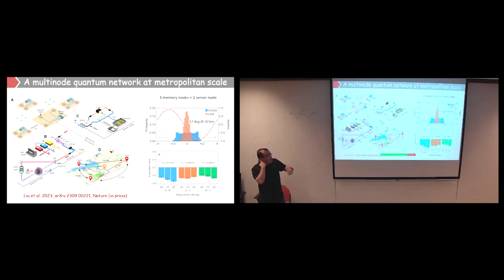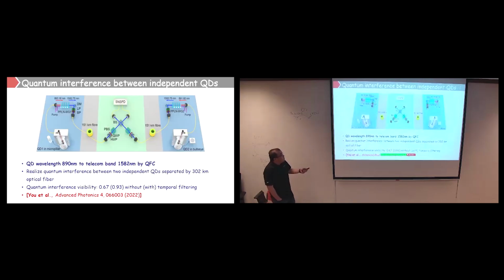But we are thinking to extend this distance to about 300 or 400. But of course, for cold atom ensemble, the problem is it's very hard to do purification. So we probably need to change our system to do some Rydberg system or other system. That's the basic thing here.